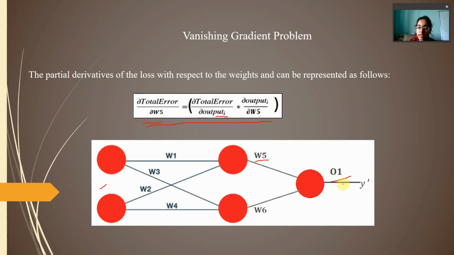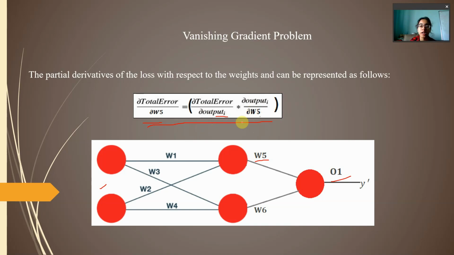Remember one thing: as we go deeper in the neural network, the value of the derivative will go on decreasing. So the first value will be a little higher than the second value, because the first term is the final output layer of the neural network, and as we go inside the neural network, the value of the derivative goes on decreasing, right? So the first term has the value of 0.2, and the second term, suppose, has the value of 0.02, then the product will be approximately